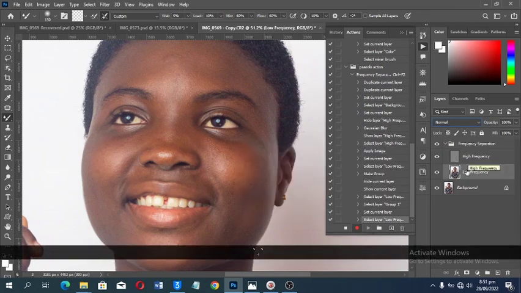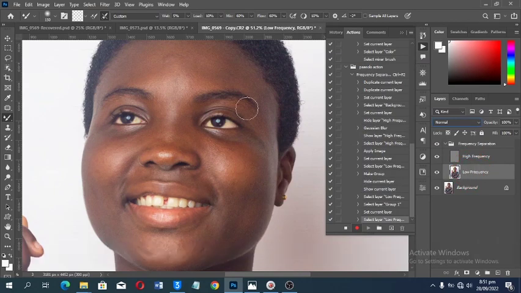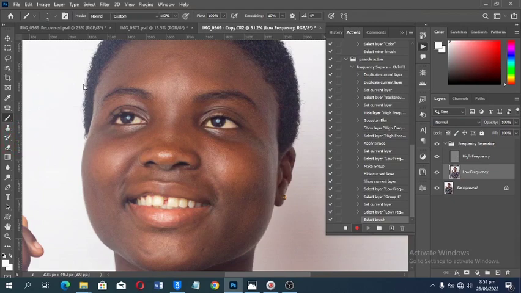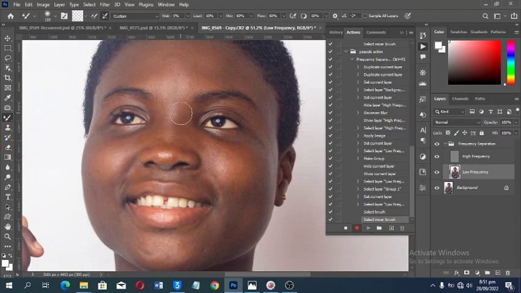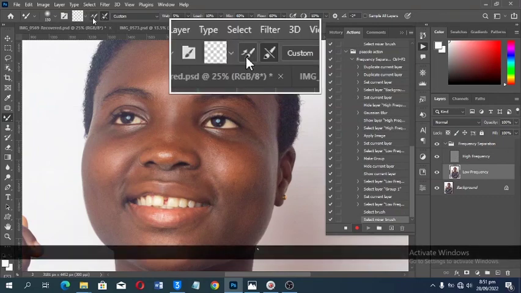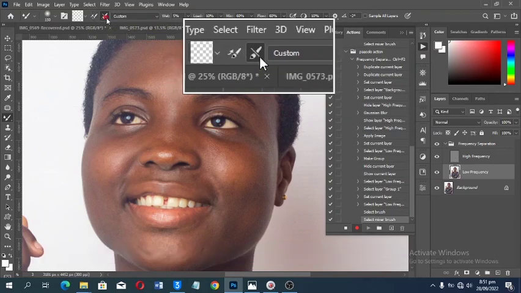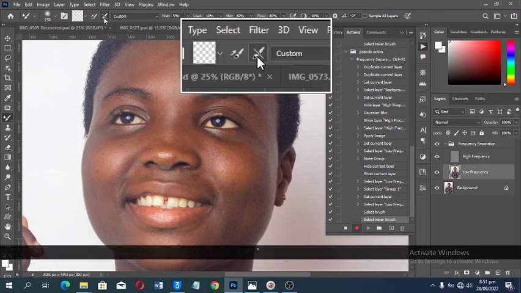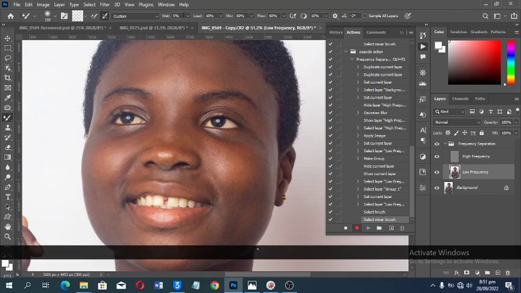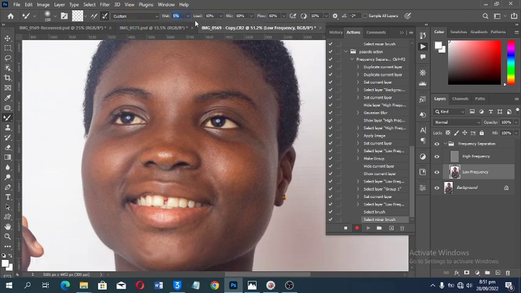Then from here, after the name, I'll select the low frequency, and I'm going to select the mixture brush tool here, so that anytime we click on the shortcut, Photoshop is going to remember all this. And if you have this one checked, make sure it is checked and only select this one. So make sure you have this one selected, and let's leave our width,